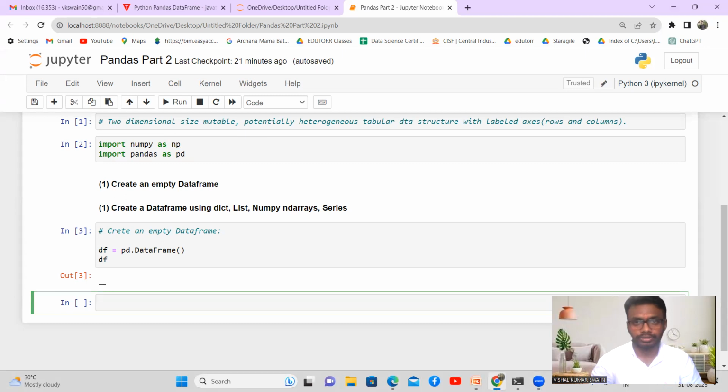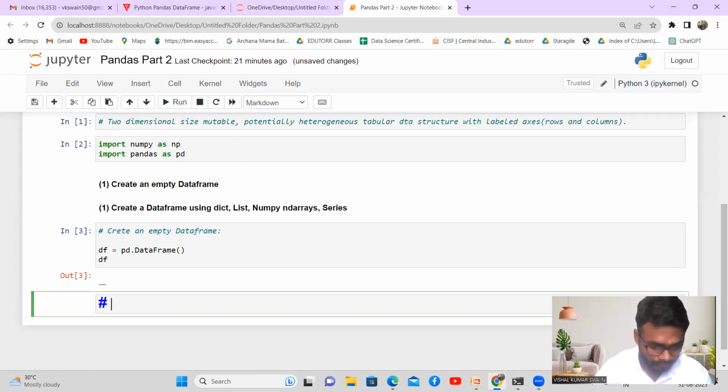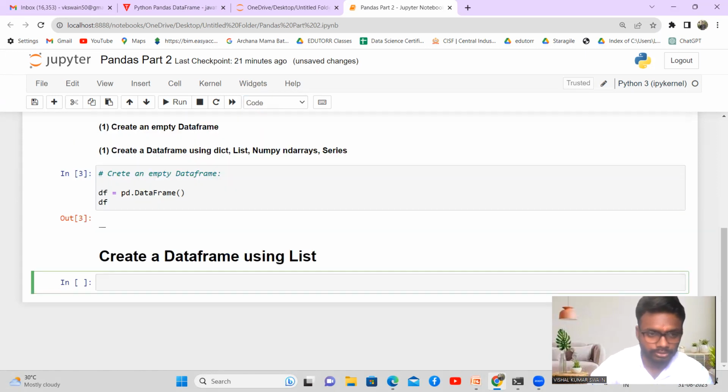Okay, so first thing we'll do is create a data frame using a list. First of all, let s be equal to, so right now what we're learning is the Python library. So let s be equal to, inside that, Python,